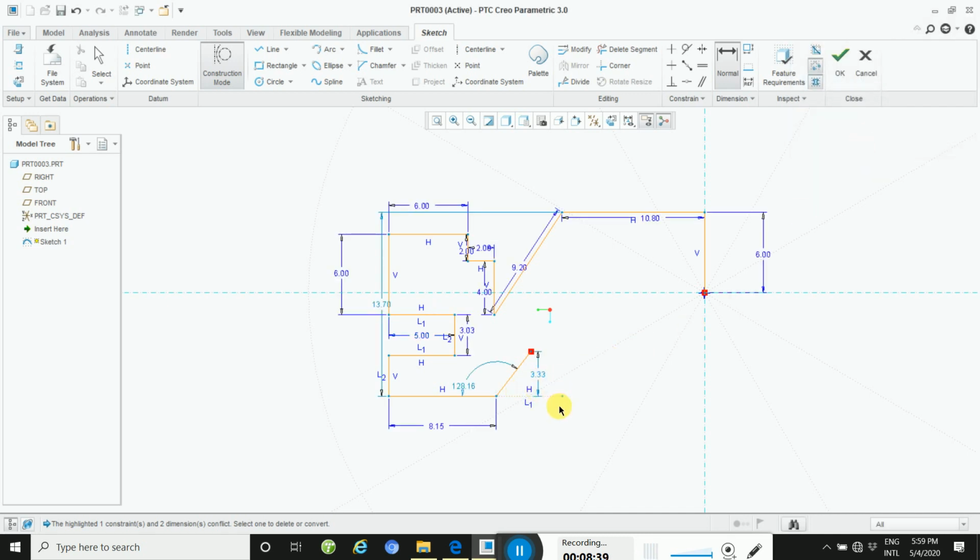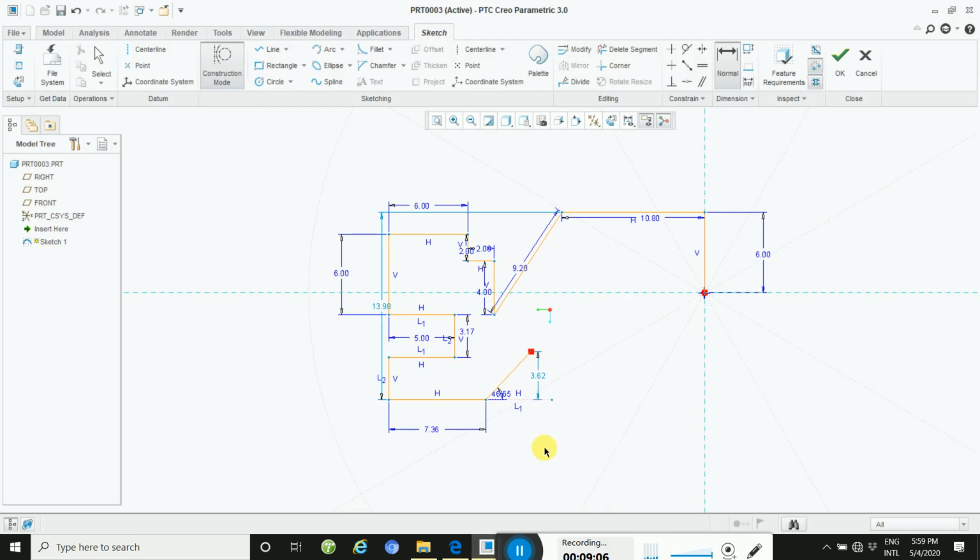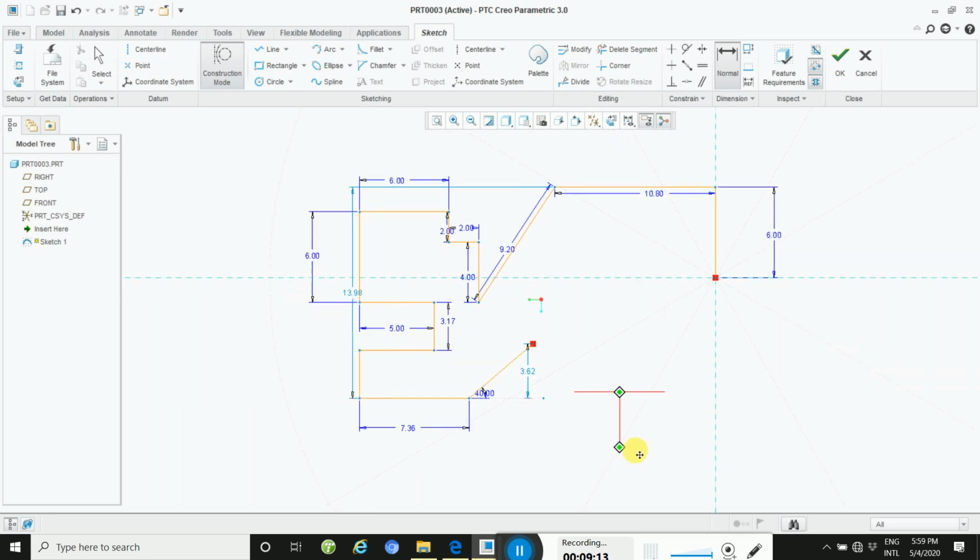Something is wrong. Mouse middle button, and then take this dimension. Defining once again: click here, and then mouse middle button this way. How much? See here, 40. So take a 40, double click, and then 40.